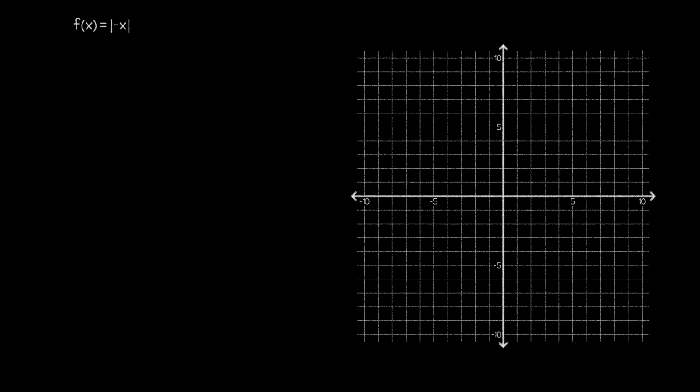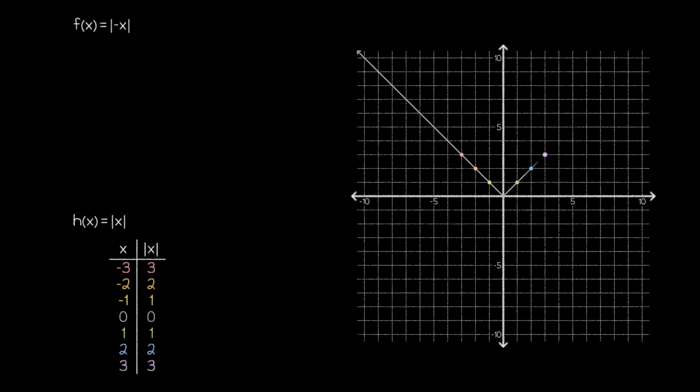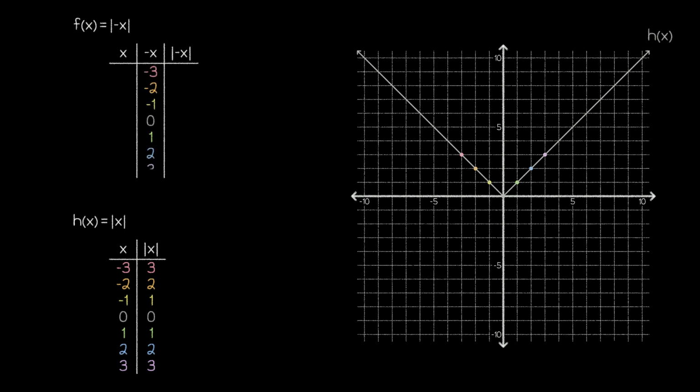First, we have the absolute value of -x. We'll start though, as we often do, by taking a brief moment to make a table for the parent function and graph it. We'll also use our normal color coding as we do this. From there, we can go back to f of x and proceed with our extended table of values for that function, being sure to place our 7 key values in the column immediately before we take the absolute value.